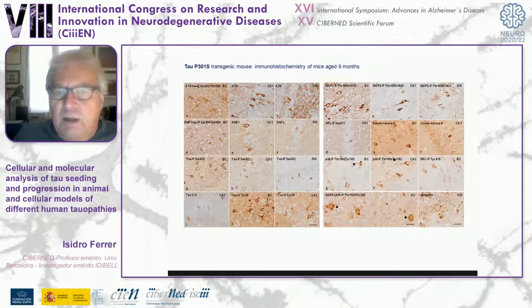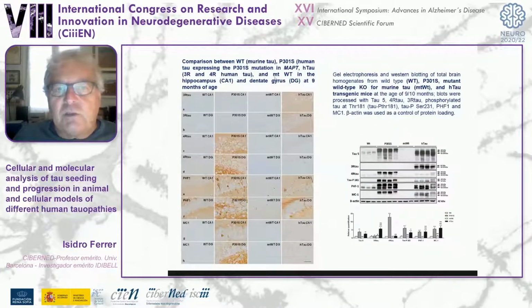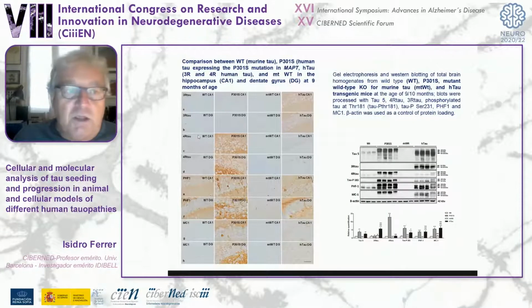This is accompanied by different forms of tau, including truncated tau, and by the activation of different tau kinases, including p38 and JNK kinases, for example. And here is the comparison with the other model expressing human tau, this one. You can see here that the amount of tau is less prevalent, less important, and at much lower levels than the other one, which expresses the mutant tau. And in addition, the deposits are different.